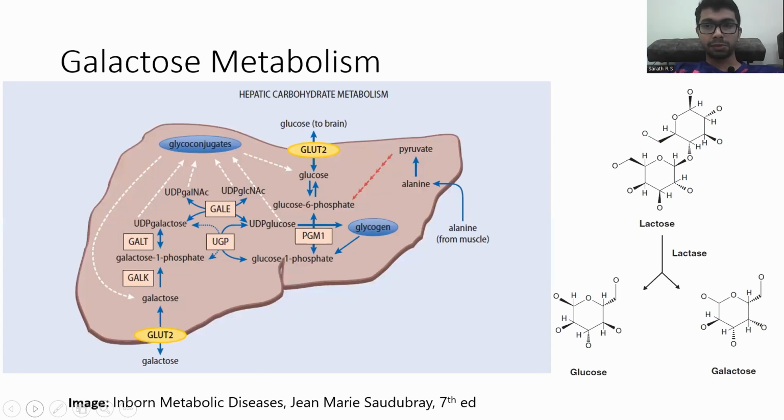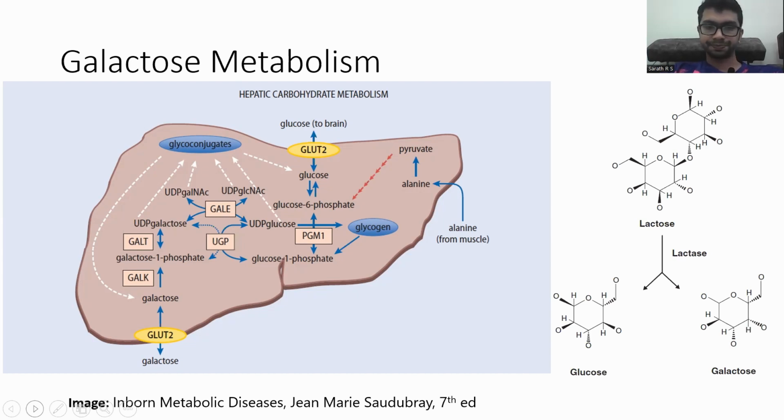Coming to galactose metabolism in our body, galactose is obtained from lactose. Lactose contains glucose as well as galactose. So when lactose is broken down by lactase in the intestine, it forms one molecule of glucose and one of galactose. This glucose and galactose is taken into the bloodstream by the SGLT1 transporter. Once it reaches the bloodstream, it is taken into the liver by